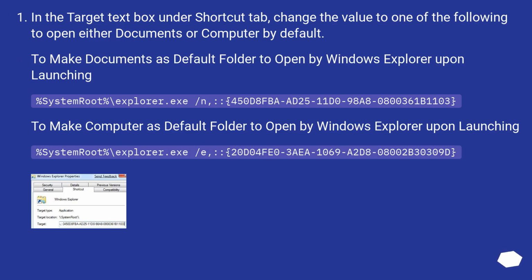In the Target text box under the Shortcut tab, change the value to one of the following to open either Documents or Computer by default. To make Documents the default folder to open by Windows Explorer upon launching: %systemroot%\explorer.exe /n, followed by the long class ID string. To make Computer the default folder to open by Windows Explorer upon launching: